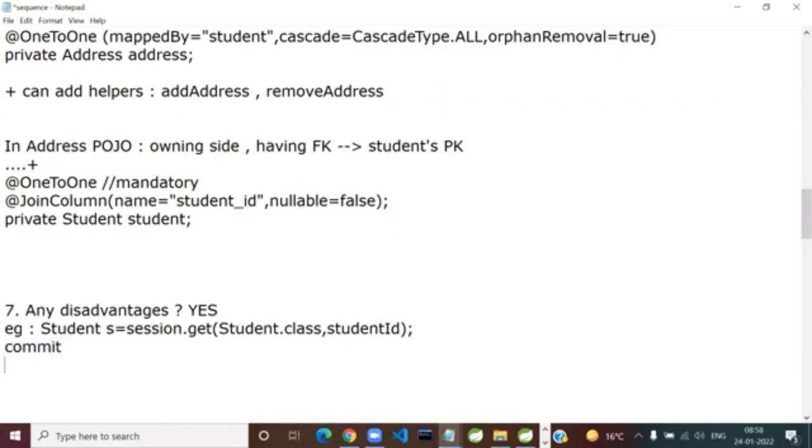So the question for you is, when you write this, the select query will be fired. That goes without saying. Now the question is, on which tables? Student, address, both or neither?